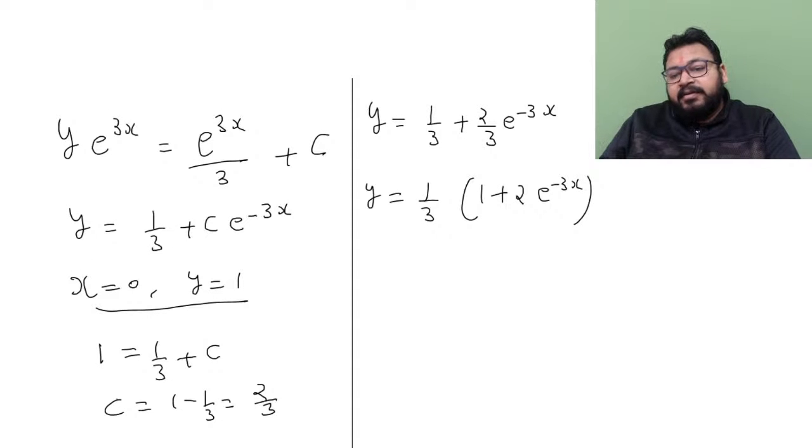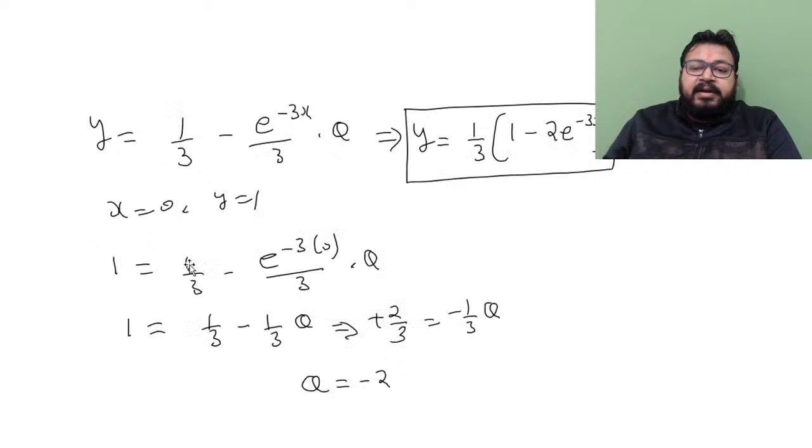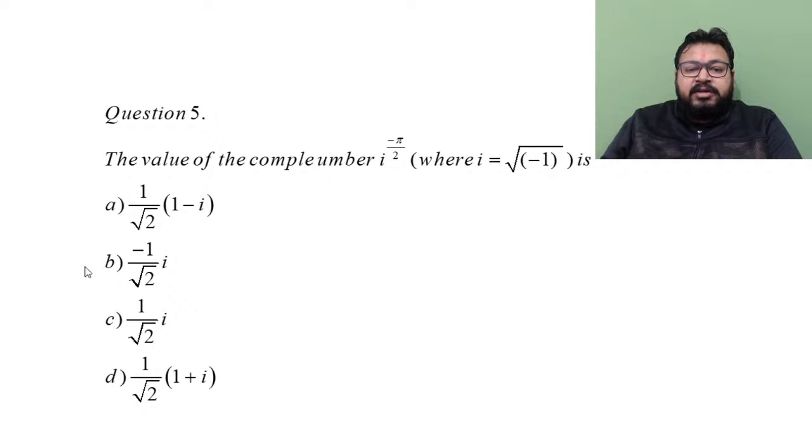वाई वी आर गेटिंग टू डिफरेंट आंसर्स, ठीक है, बिकॉज मैंने चेक तो 2-3 बार कर लिया है और तीनों बार चेक करके यही आंसर आ रहा है। एक में आ रहा है 1/3 इंटू 1+2 इंटू e⁻³ˣ तो फिर दूसरे टाइम पे आ रहा है 1/3 इंटू 1-2 इंटू e⁻³ˣ ओके। सो एक बार मैं चेक करूँगा, चेक करके आई विल रिवर्ट बैक कि क्या आंसर्स है, ठीक है, और क्या इसका एग्जैक्ट सोल्यूशन है और क्यों ये सोल्यूशन अलग अलग आ रहे हैं, ठीक है। सो हेयर ऑल्सो एक लर्निंग मिली, मुझे भी एक लर्निंग मिली कि यहाँ पे कुछ तो ऐसी हम मिस्टेक कर रहे हैं जिसकी वजह से हमारे आंसर्स अलग आ रहे हैं। वो क्या मिस्टेक है, आई विल फाइंड आउट एंड विल टेल यू। ओके गाइस, सो मूविंग फॉरवर्ड, क्वेश्चन नंबर 5।